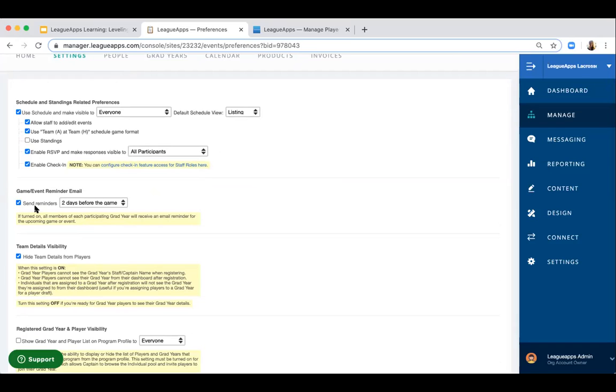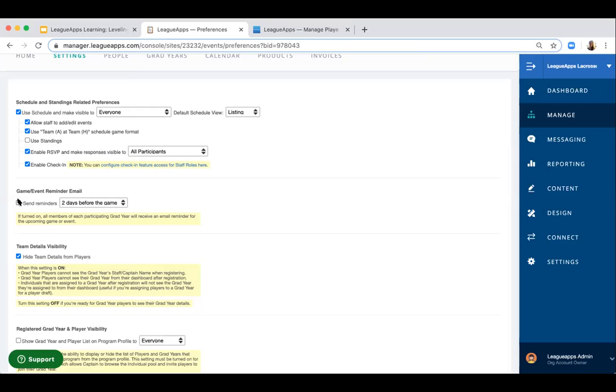So in the past few months, I'm sure a lot of people have already built out spring schedules, and then things came to a screeching halt, and you might not want to delete that entire schedule, but this is a way that you can go in and uncheck the reminders that would be automated to your participants, just so they're not bothered with emails when there aren't actually events going on.